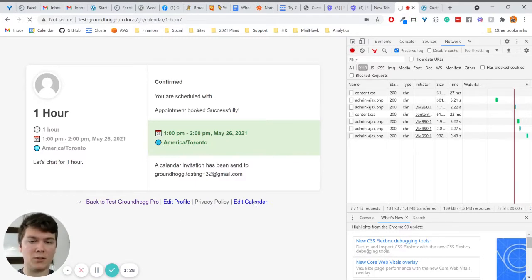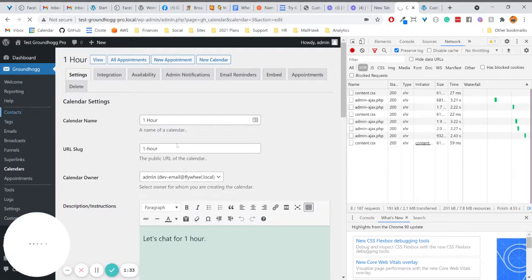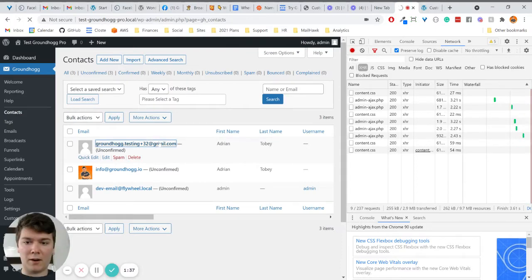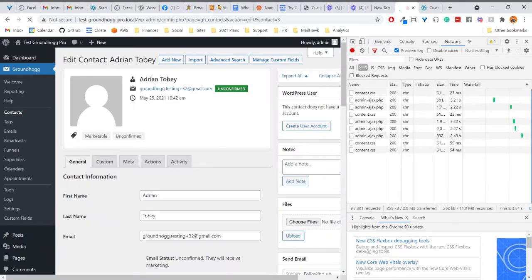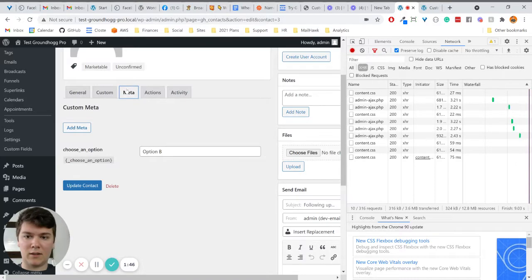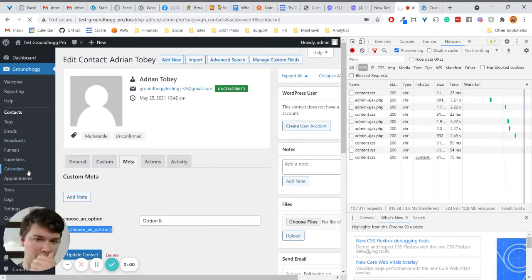So let's go back to our contact CRM, and we'll go see where that option is stored. So here's our new contact record. We can see that we have his email address. If we go to the meta, there it is, choose an option, and that's mapped to option B. So this little bit here, that's a replacement code. What we can do is take that, and if we go back to our calendar,